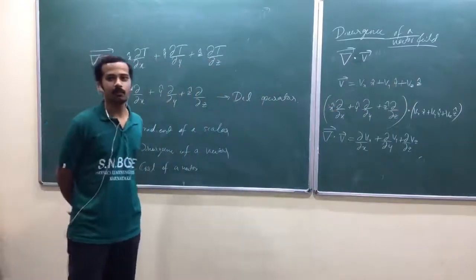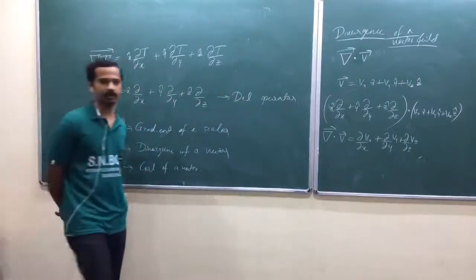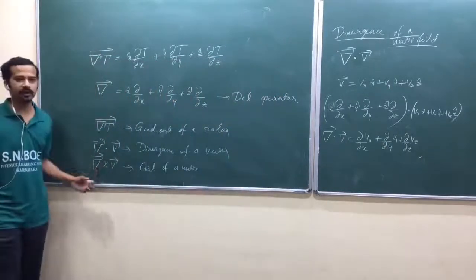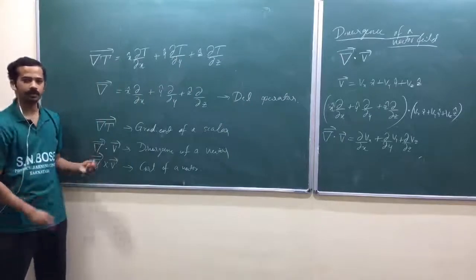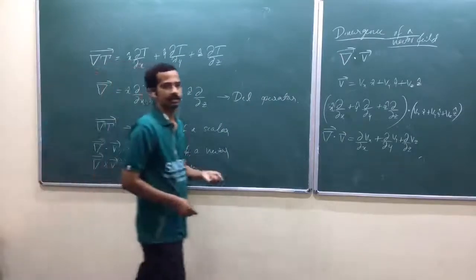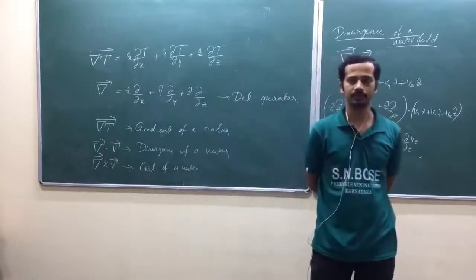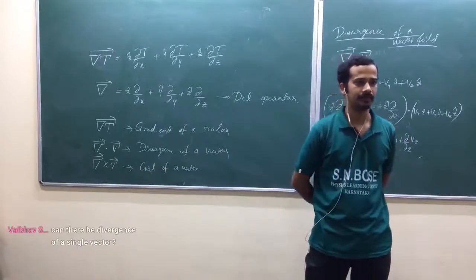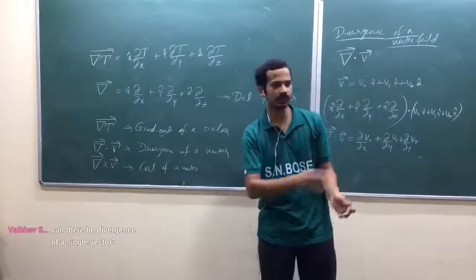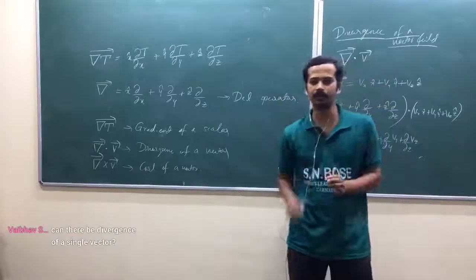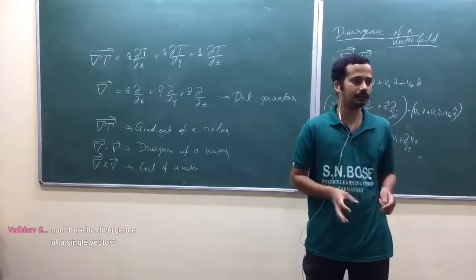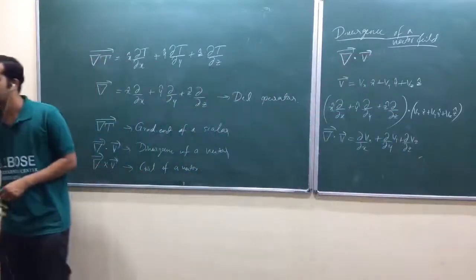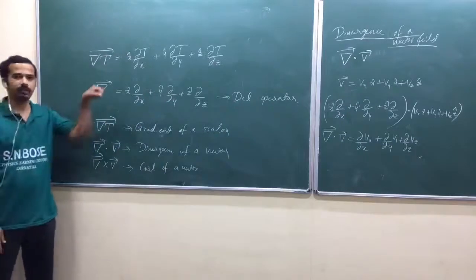Is that okay? Now one thing you have to understand by this definition: all these operations you have done are point operations, isn't it? You are going to take the gradient at one point in space. Those are derivative operators, am I right? Derivative should be taken at a point in space. Generally you can take a derivative and write it as a function, but actually that derivative should be taken at a point in space. All of these are point operations. You are going to operate these things at one point of space.